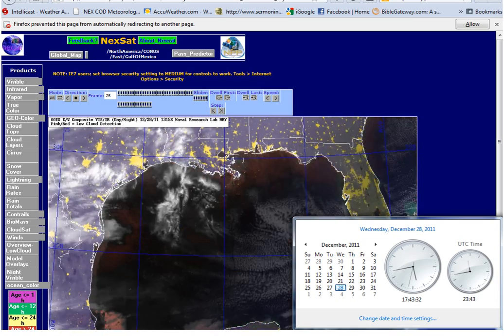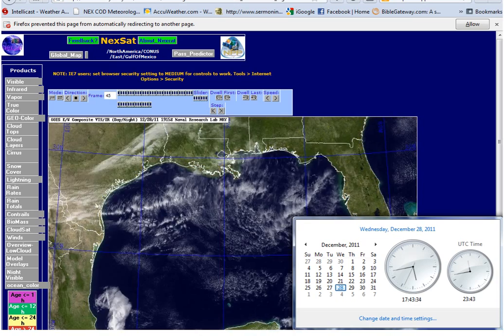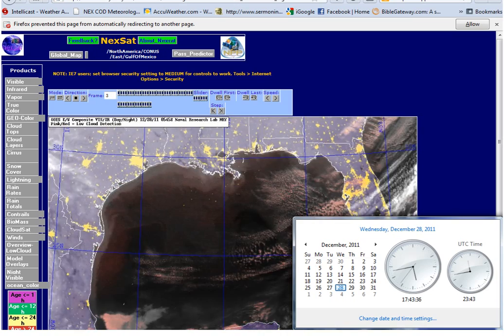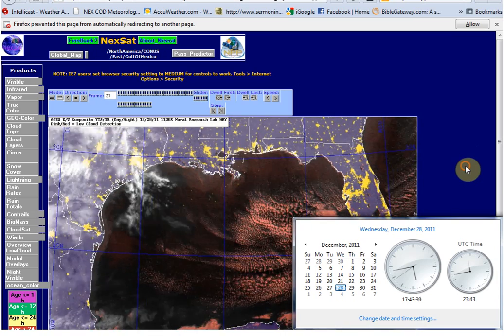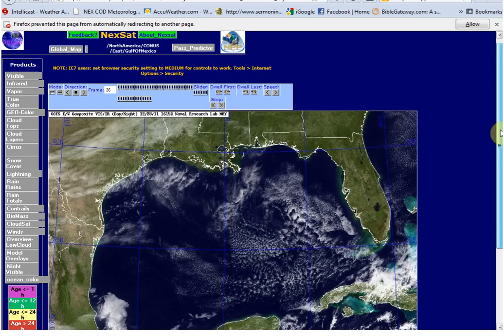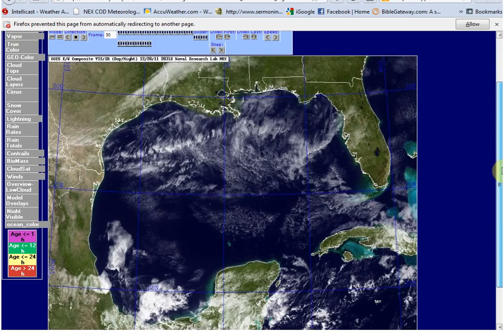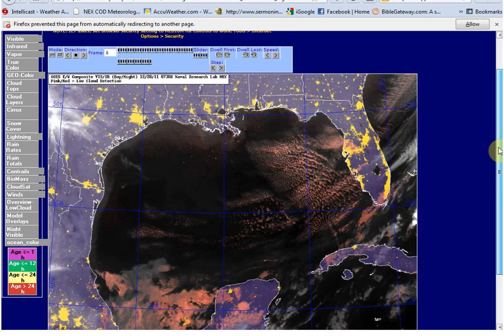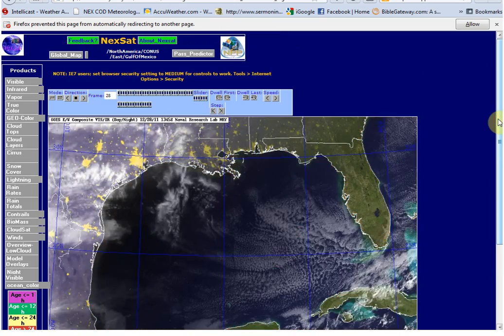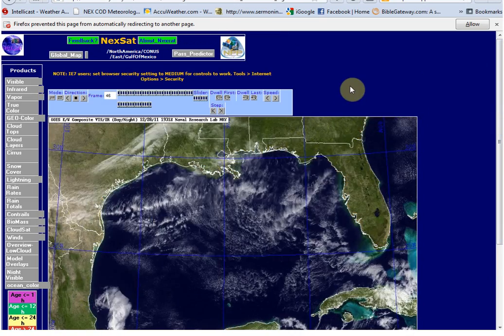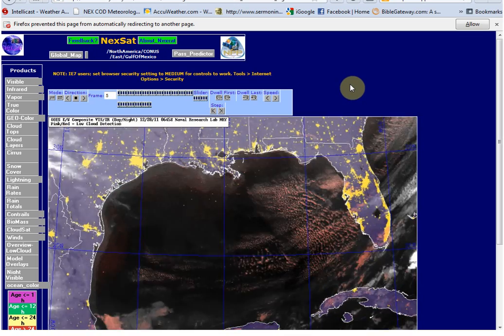Hello, it is Wednesday, December 28th, 2011 at 5:43 p.m. Central Standard Time. And I wanted to show you what appears to me to be a cloud being made in the Gulf of Mexico. We're on the NextSat website, and I've got it zoomed out, which I did using Control minus sign,